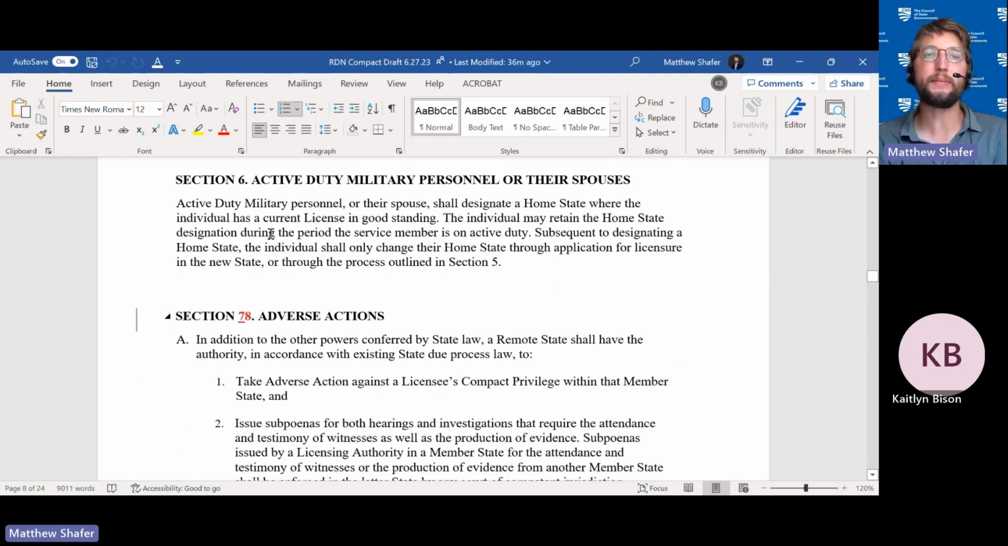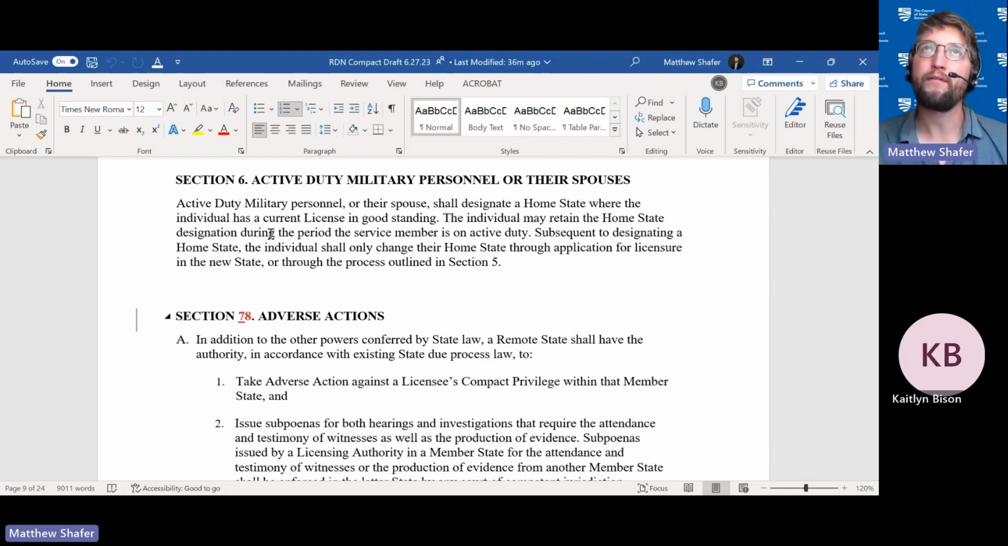Section 6 is specific for active duty military personnel or their spouses. This section just says that if there's an active duty military member who is using the compact, they get to designate a home state and retain that home state designation throughout their active duty military service. So regardless of where they actually move, they have the same home state throughout their active duty service in the